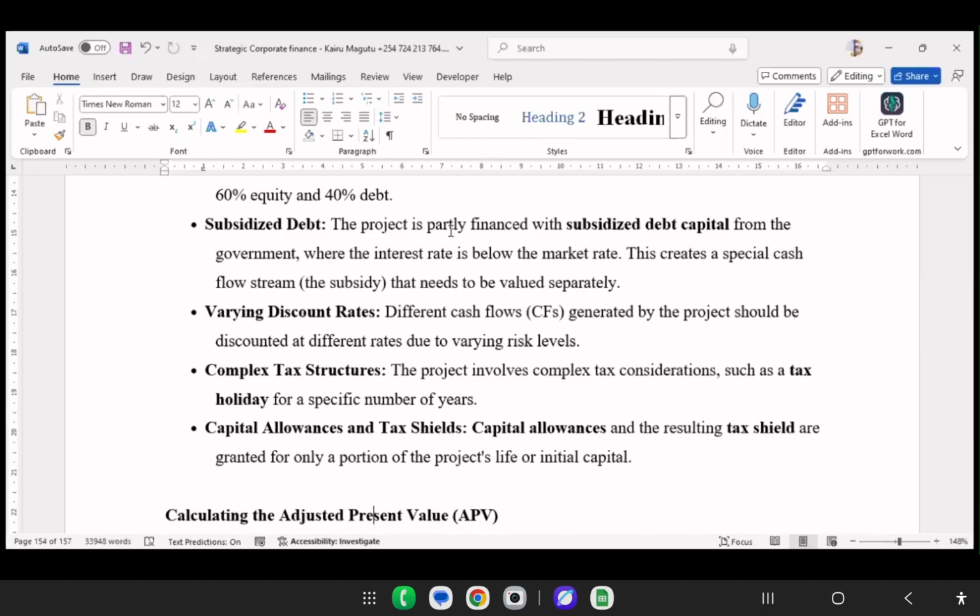There are projects that the government wants to promote, and they give you a tax holiday, meaning some years of the project you will not pay tax. Some other years you will pay tax. So there